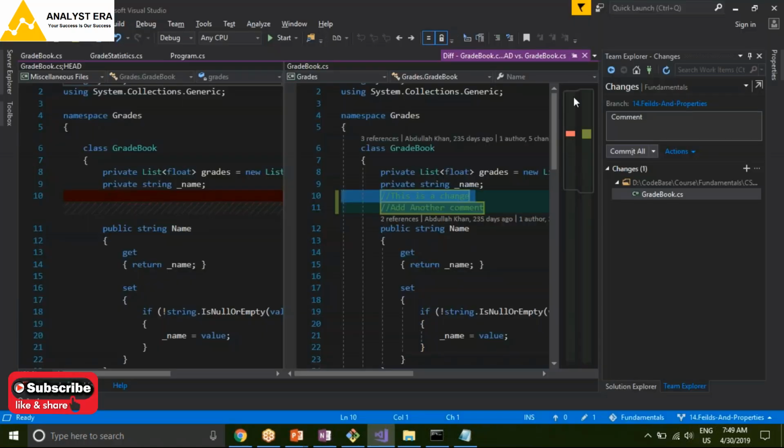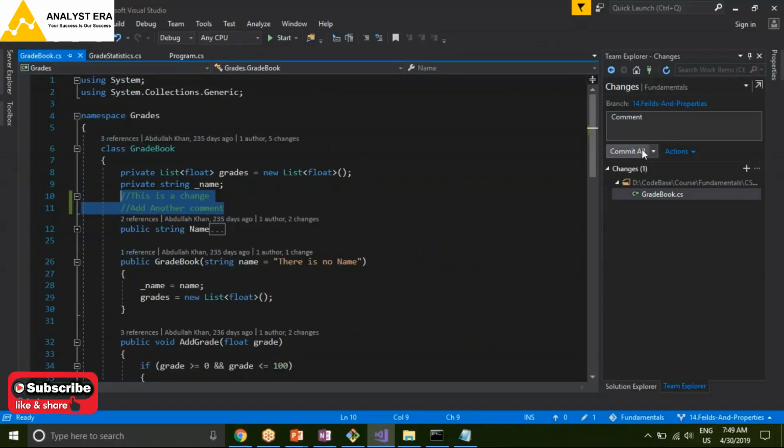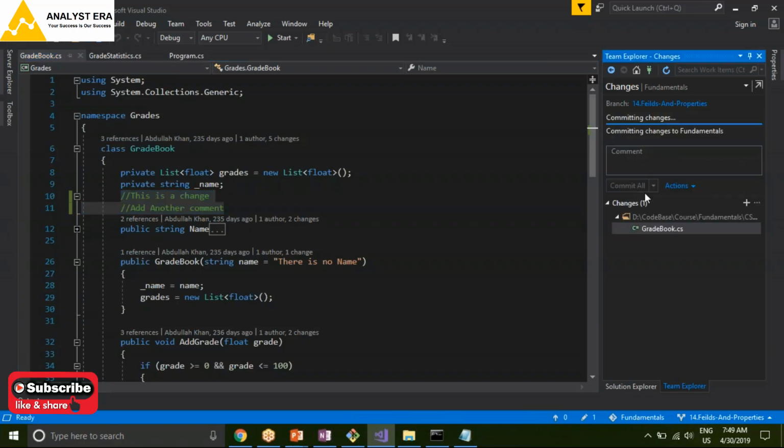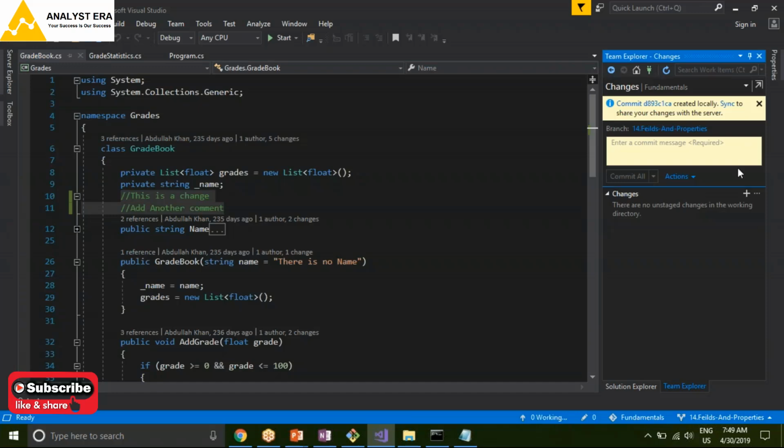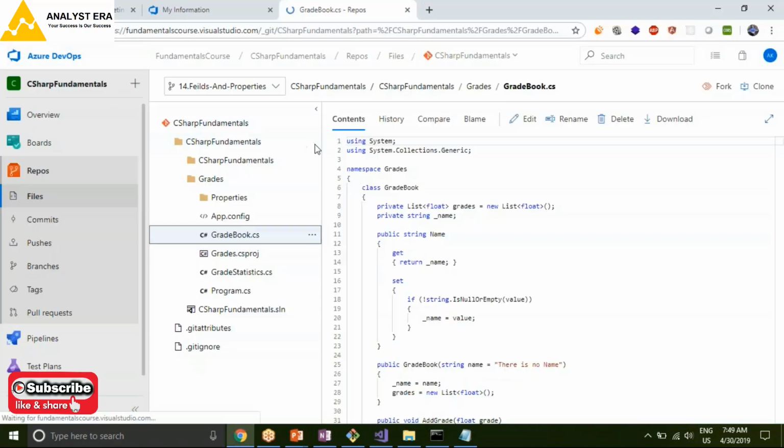That is correct. I will go ahead and commit. A regular developer, I'll go ahead and commit. I have committed it. It even gave me a commit ID. But if I refresh this